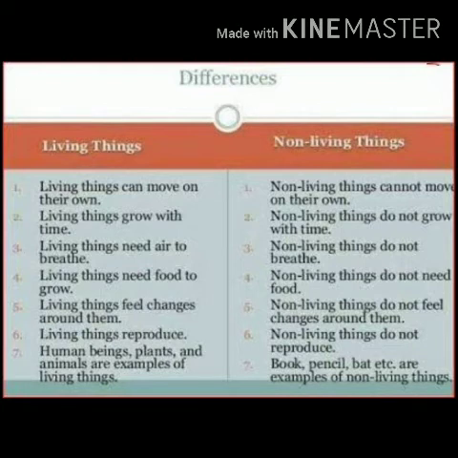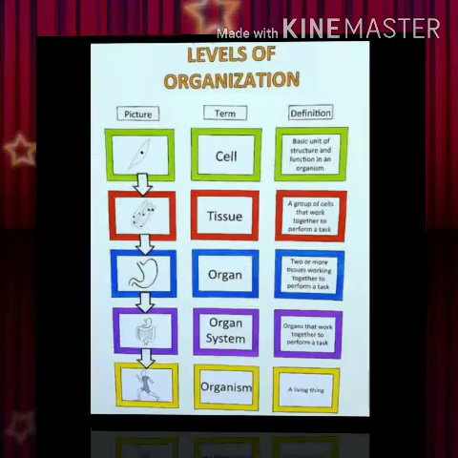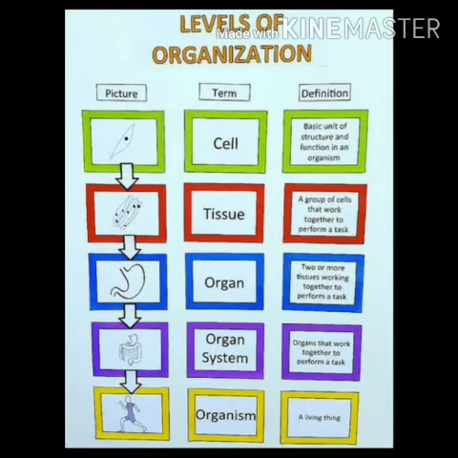Now let's see what is cell. Students, cell is the basic unit of structure and function in living organisms. Structure means obviously an organism's body is made up of cells, and these cells are only there in the living organism's body, which helps in different functions. Let's see how. So here I am going to tell you how a living organism's body structure is formed. See, I told you that living organism's body basic structure is cells.